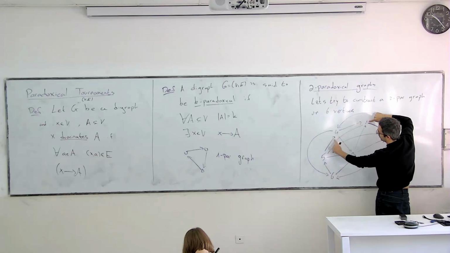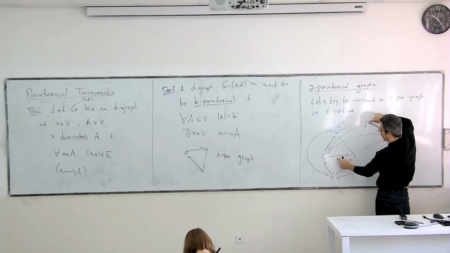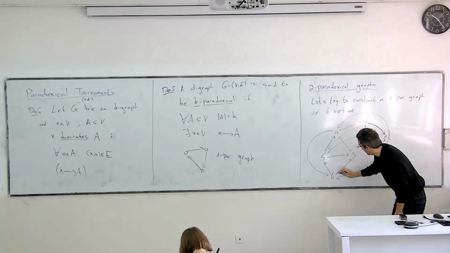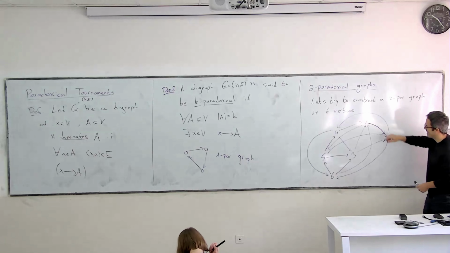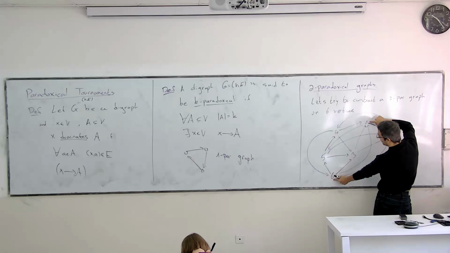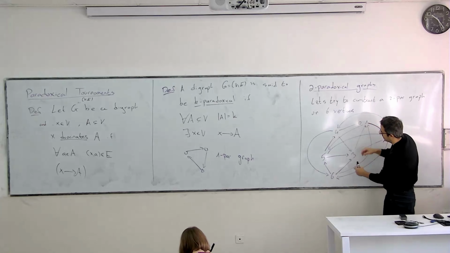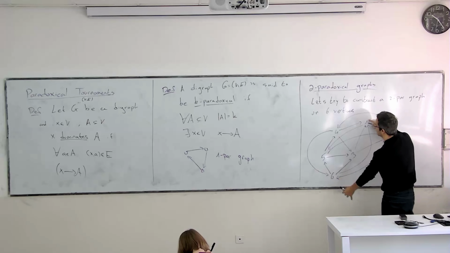1 and 5. So 4 doesn't win against 1 and 5, because 5 wins over it. 5 wins over 2 also. 5 beats 3, 2 beats 5. And 6, we can do 6. Can we go 5 and 1? 1 and 6, yeah. So 1 and 6: 2 cannot do it because of 1, 3 cannot do it because of 6, 4 can do it maybe, and 5 cannot do it because of 1. So only 4. We did it already. So not 1 and 6.